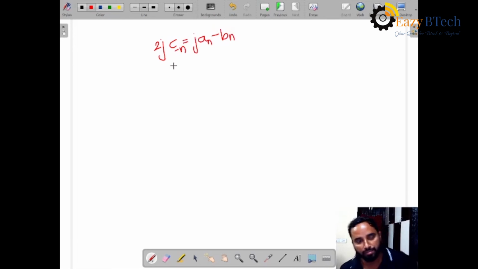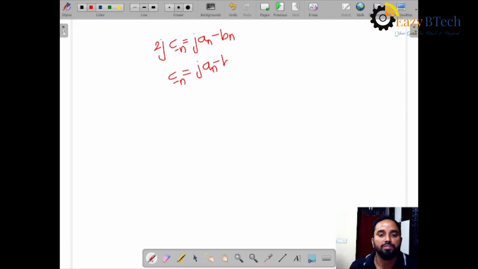So we want C minus n. So send 2J to the right side. So C minus n is equal to Jan minus Bn by 2J. This we can write as C minus n is equal to, J and J cancel. Okay. With An I am telling. So An